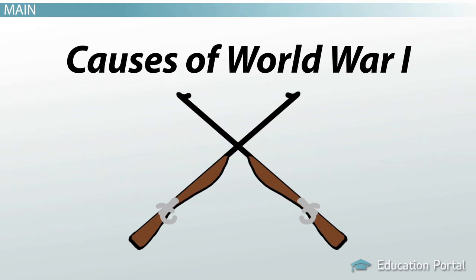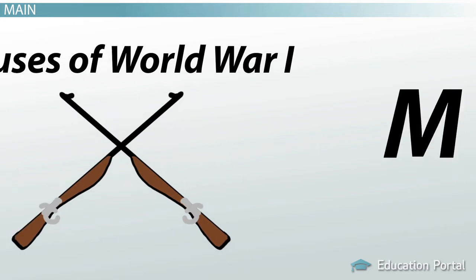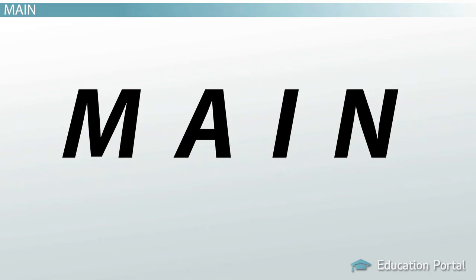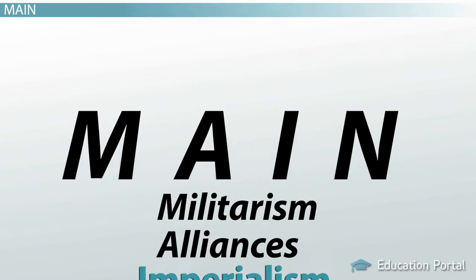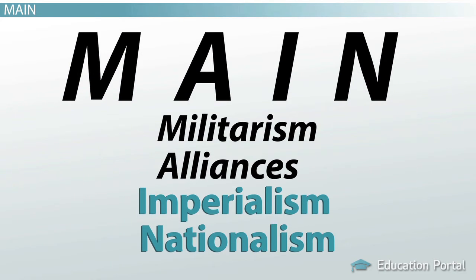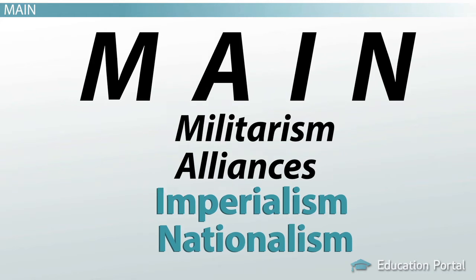The common way to do this briefly is to look at what led to the Great War as the acronym MAIN, M-A-I-N. So we will talk about the main causes of the war, and then the event that really lit the fuse, the assassination of Archduke Franz Ferdinand. MAIN stands for militarism, alliances, imperialism, and nationalism. This isn't my favorite order to deal with these in, but we will use it through the lesson to help give you a hand remembering the acronym and its meaning.